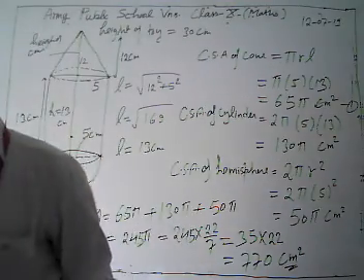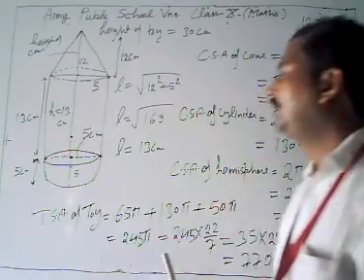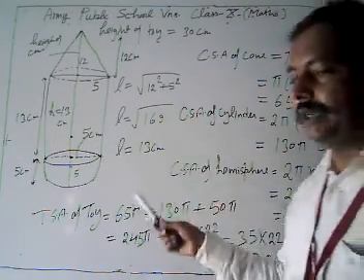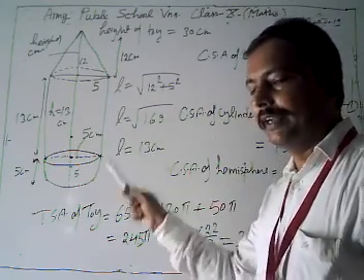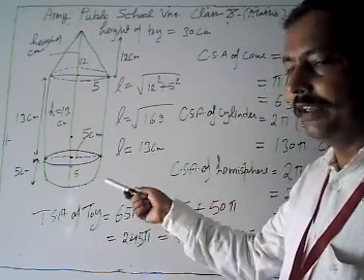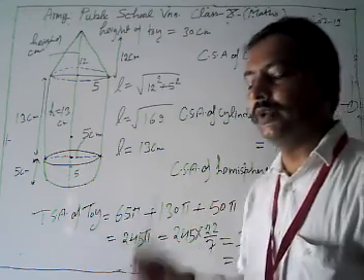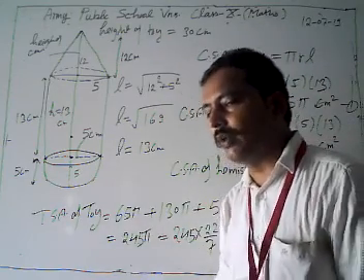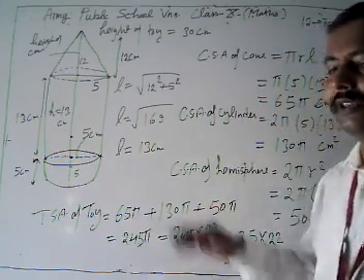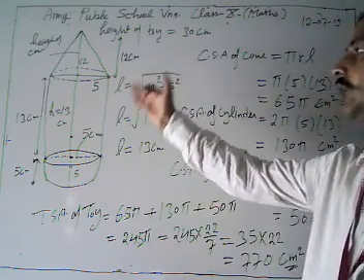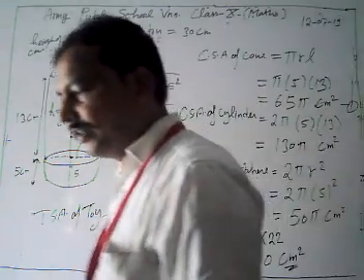It's 770 centimeter square. How can we get the value for this toy? Find the CSA of cone, find the CSA of cylinder, and then lastly find the CSA of hemisphere. Then to get the TSA of this toy or solid, we add all the CSA of these three figures: cone, cylinder and hemisphere. Now we move to our next problem.